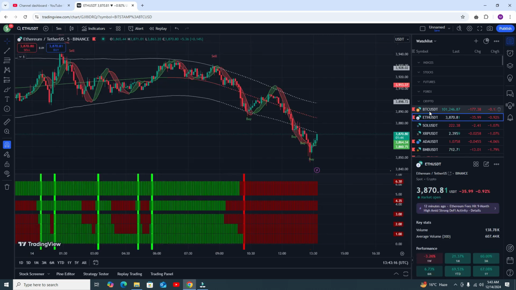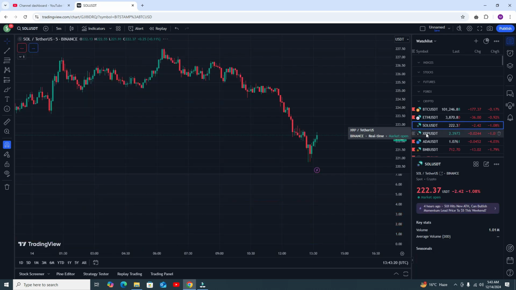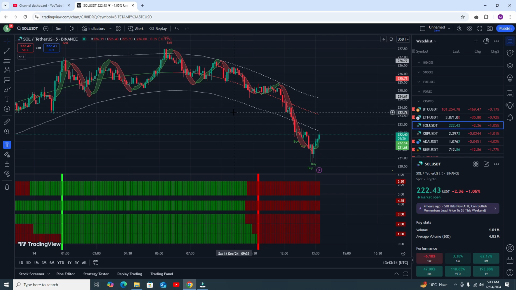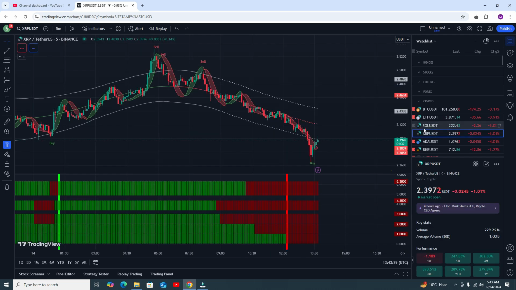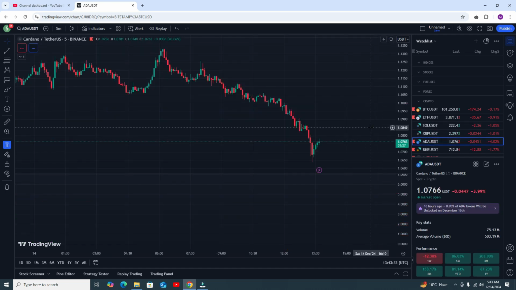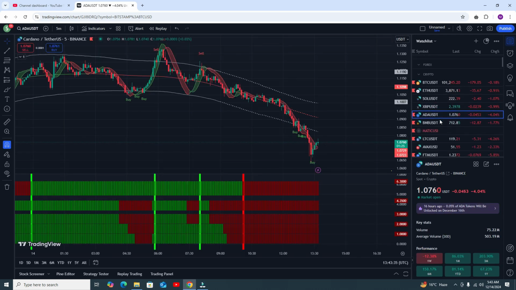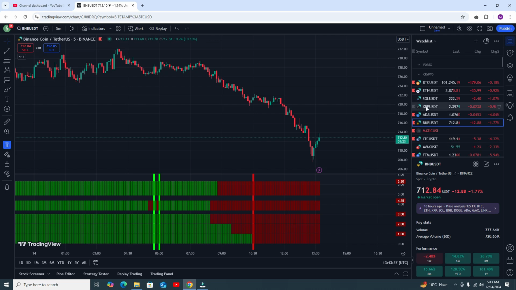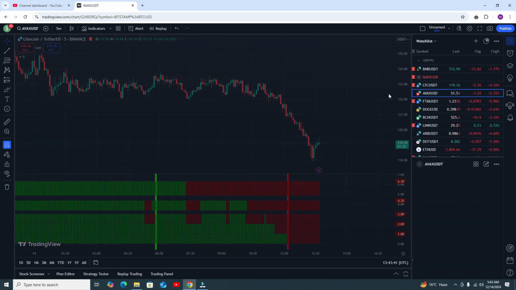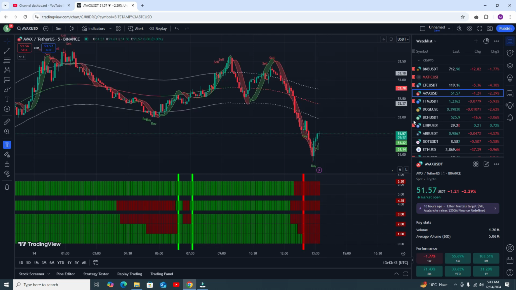We need to search for the live signal. Let's see, because in forex there are a lot of pairs, and I hope you will get a signal in at least one trade. We need to switch the pairs and watch in which pair we are getting the sell signal, and you can see the results live.